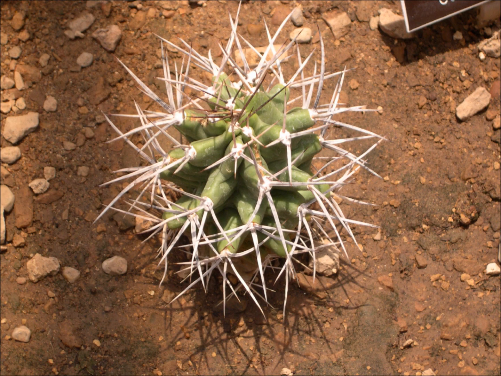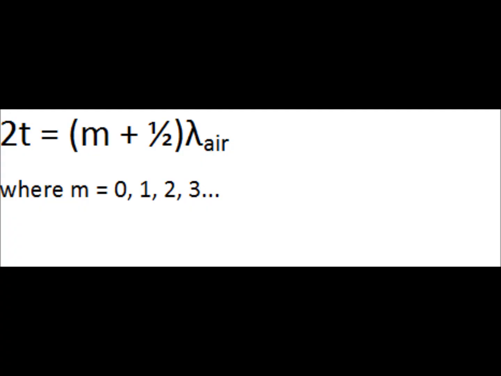This is a thorny question, so why don't you pause the video for a minute to think about what a mathematical expression that describes constructive interference should look like. Here is such an expression. Remember that the phase change upon reflection already gives us a half wavelength phase shift, so in order for constructive interference to occur, the path length difference needs to supply the other half wavelength.